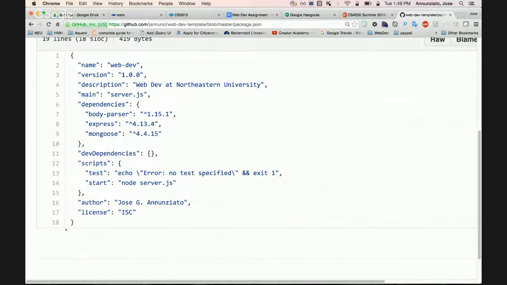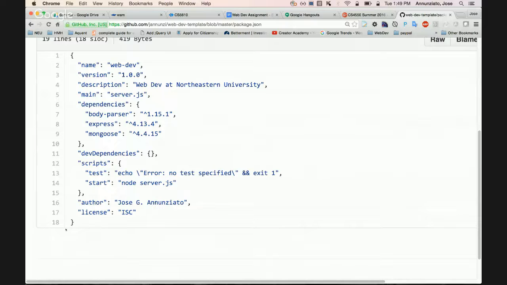Well, it's because this is how the remote server knows about your local environment. This file describes your local environment, what dependencies, what libraries you have installed on your local machine. If you want to connect to Yelp, you can do npm install Yelp. If you want to connect to Facebook, you can do npm install Facebook. The APIs for each library, or anything that you want to use. And when you install those things, they're copied locally on your machine. But when you publish this to the remote machine, the remote machine says, hey, you're referring to all these libraries, but I can't find them. I don't have them.